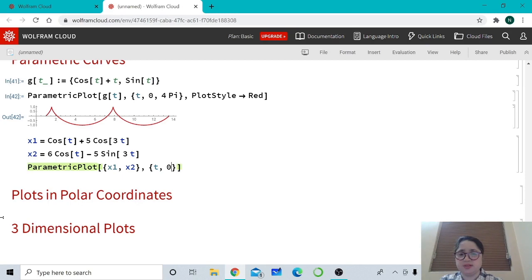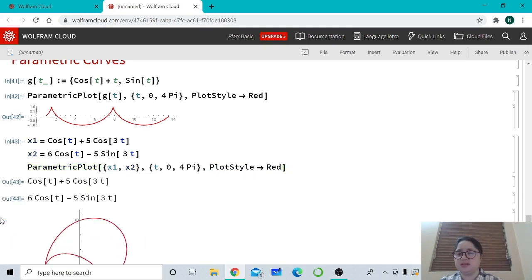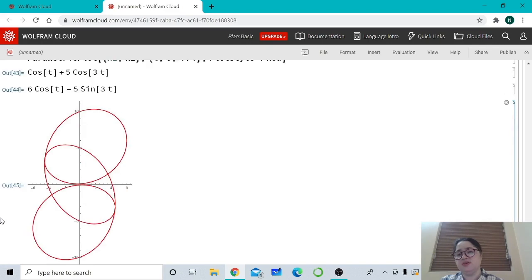So I type t, comma, 0, comma, 4 pi. And I give the PlotStyle, comma, PlotStyle arrow and Red. So when I press Shift+Enter, I get the parametric curve of